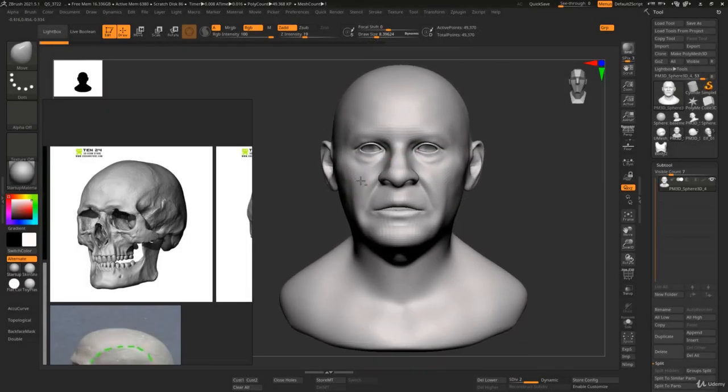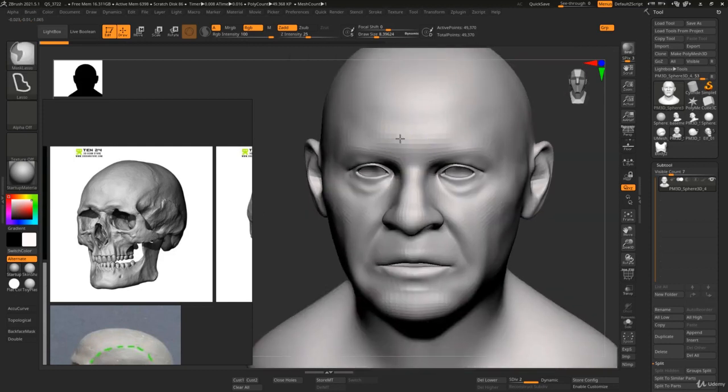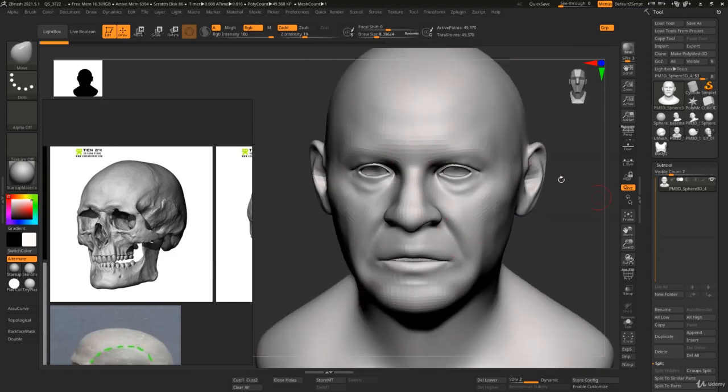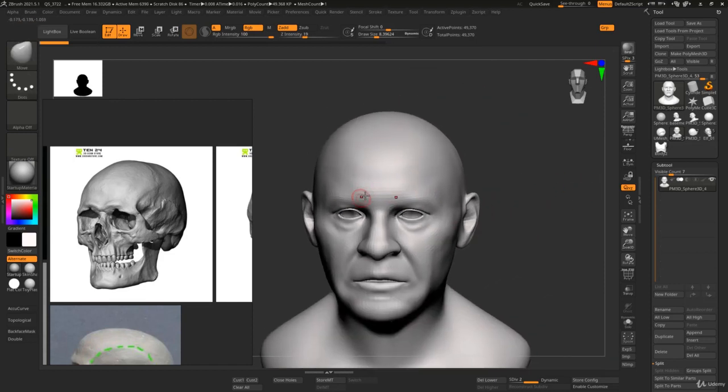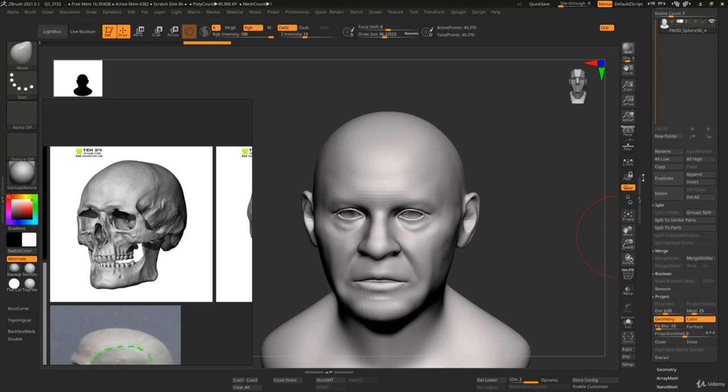Alright, so we have here the model on subdivision level 2. I think we could even subdivide it one more time. This way we can make some poly paintings to show you a better anatomical structures and all of those features in this region, into this top region of the forehead. So let me